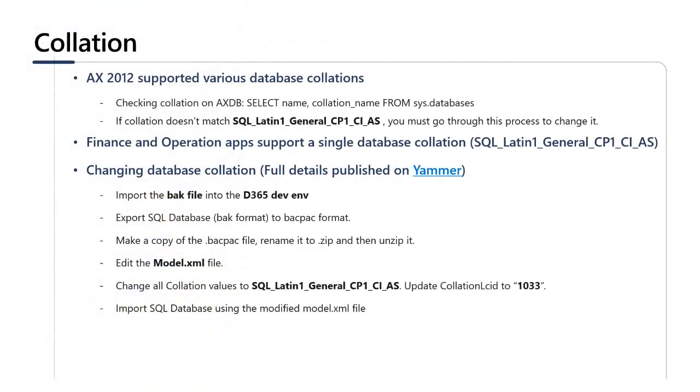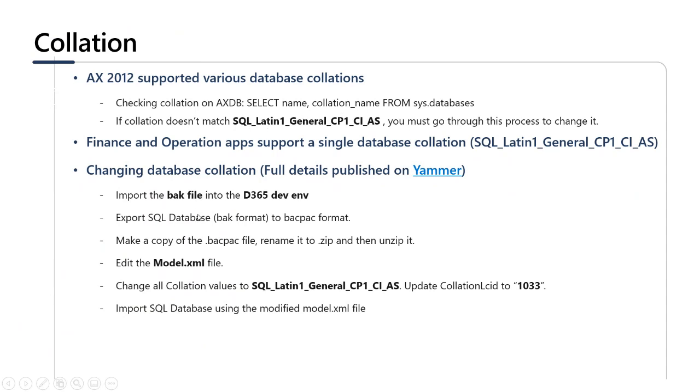So if you remember back in 2012, we did support various database collations, and there wasn't any hard requirement except for the database to follow the SQL Server collation, right? And you could have checked your AX database collation by running this command. And basically, the difference in Finance and Operations is that we only support a single database collation now, which is written here, right? So if you check your database collation and it doesn't match this one, you basically have to go through